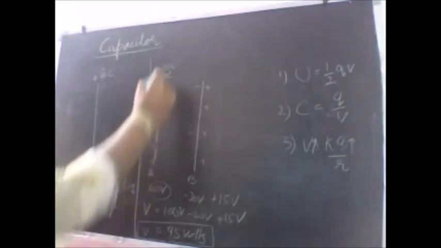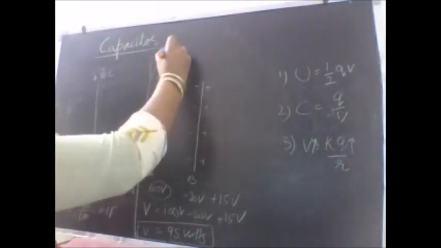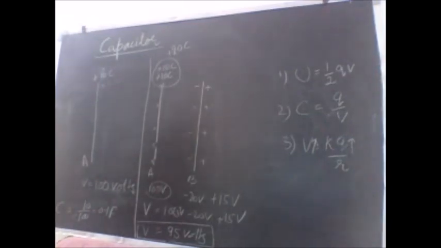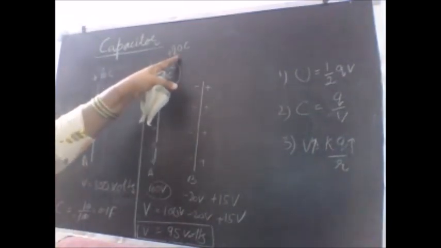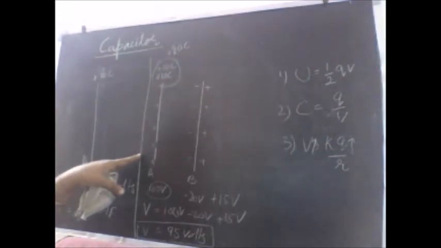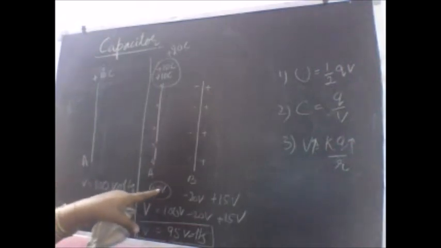So what is the total charge now? The total charge that can be given now is plus 20 coulomb. How will it affect the capacitance? Obviously the capacitance should increase, because now plate A can store more charge at the same 100 volt potential.